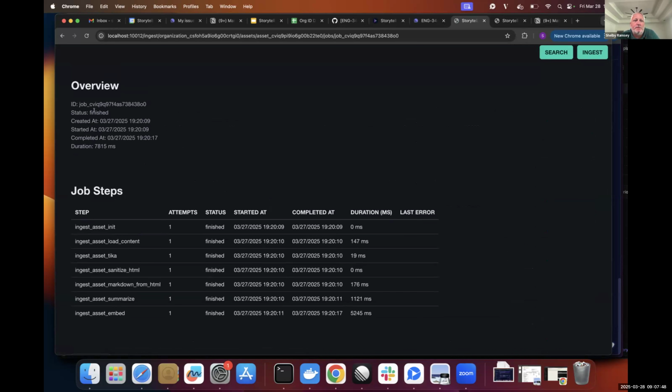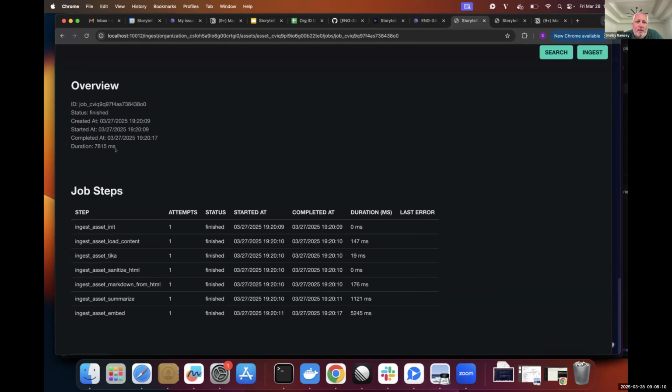There's an overview, which just says kind of the same things. There's a little bit more detail about the timings. And this is one of the things that I do want to call out. There's a created at and a started at field. Okay. What that means is when the file proc service gets a request to process a file, that's that point